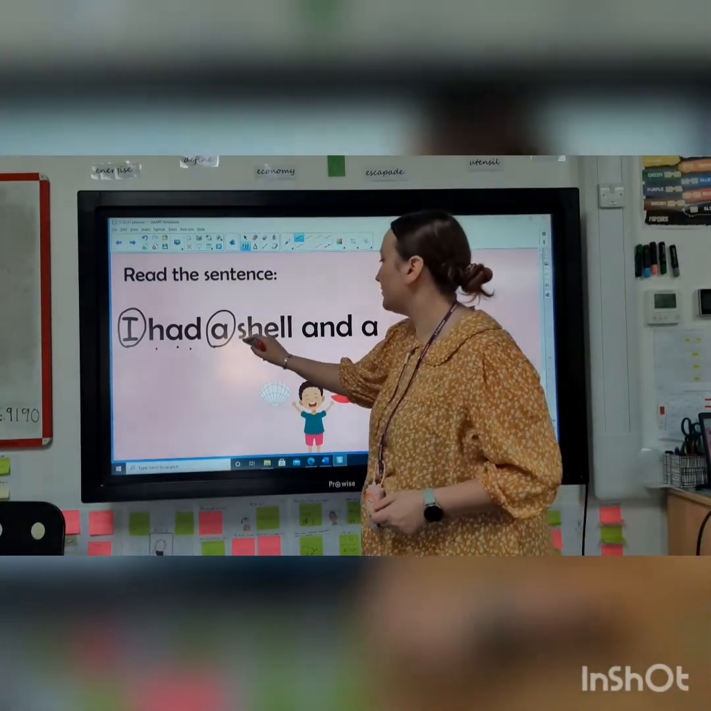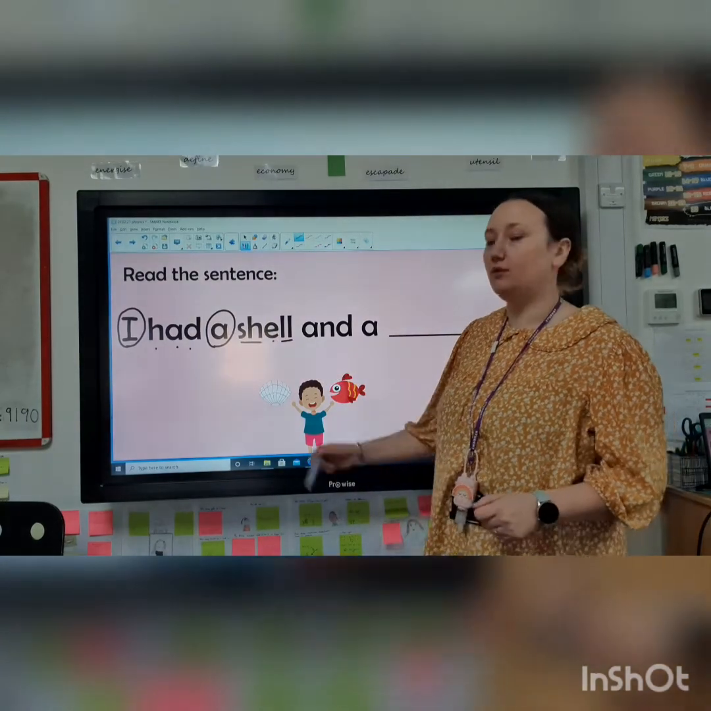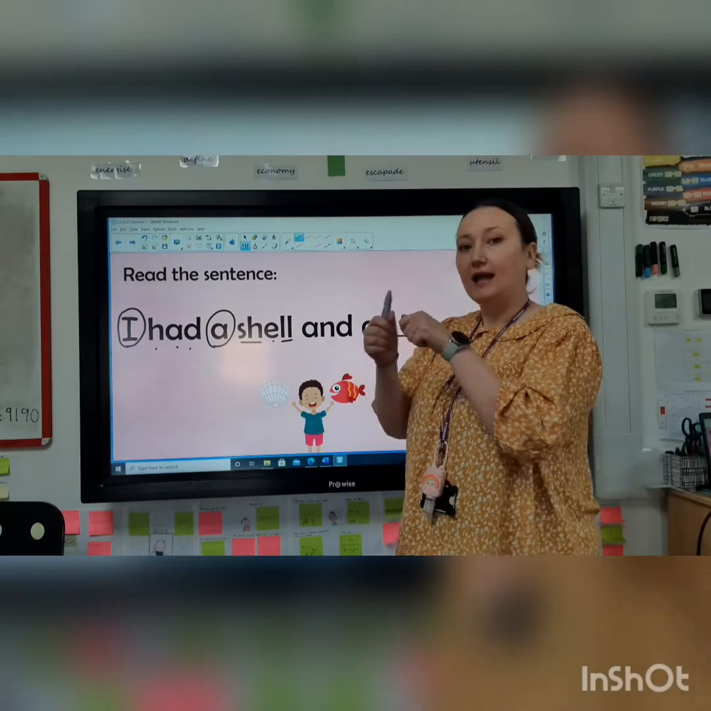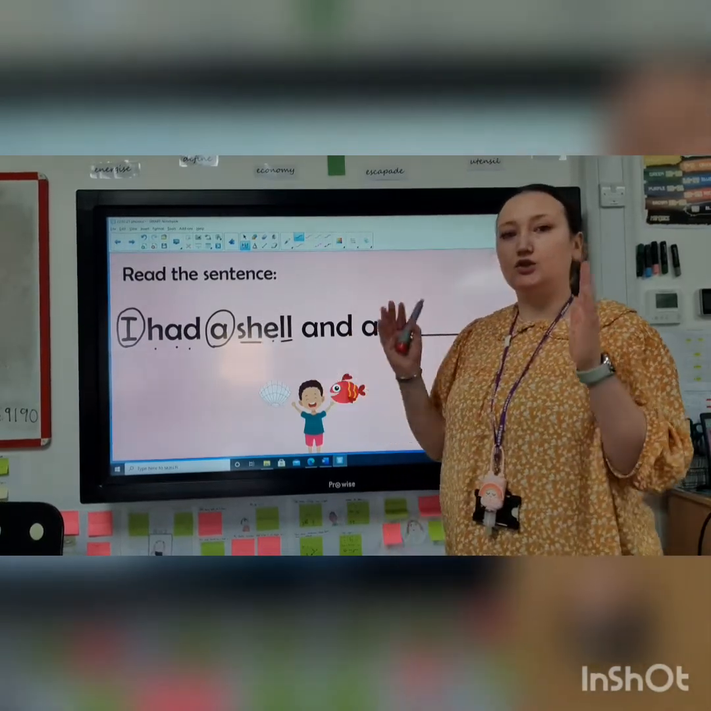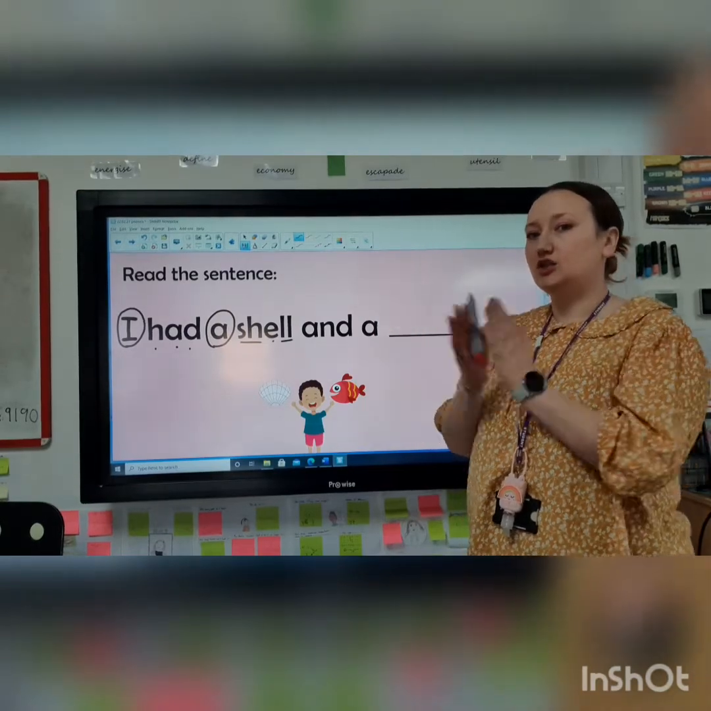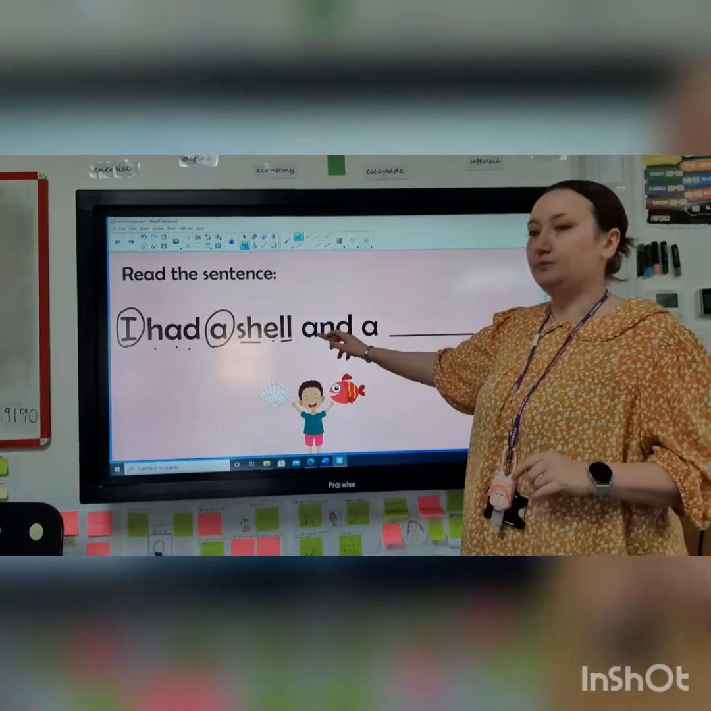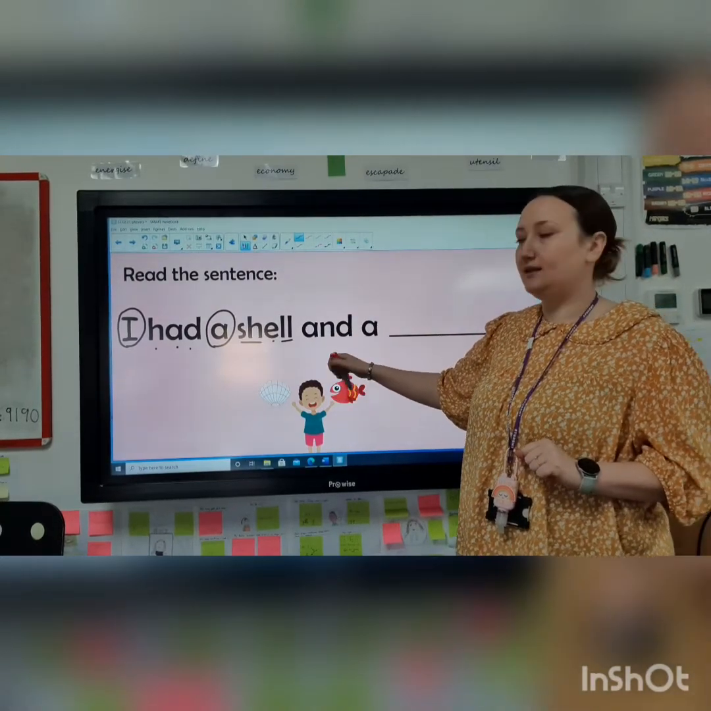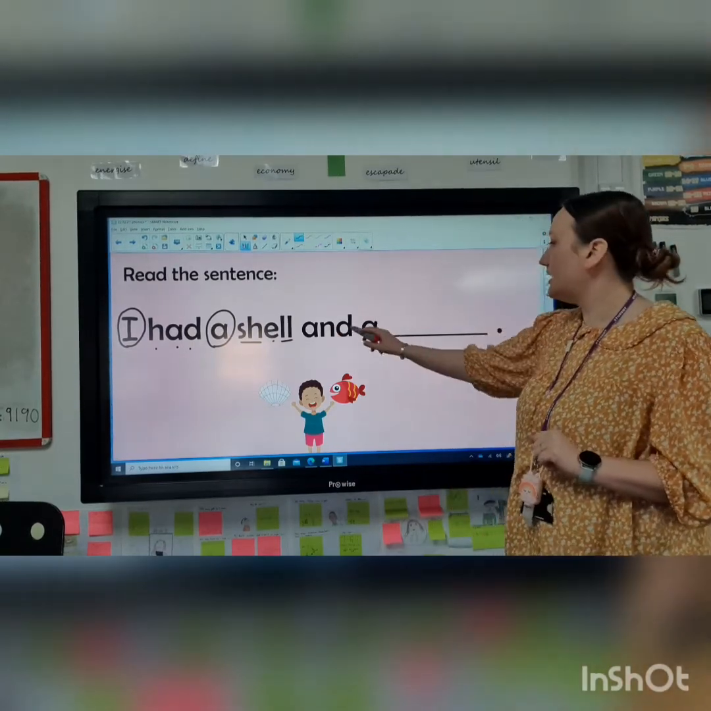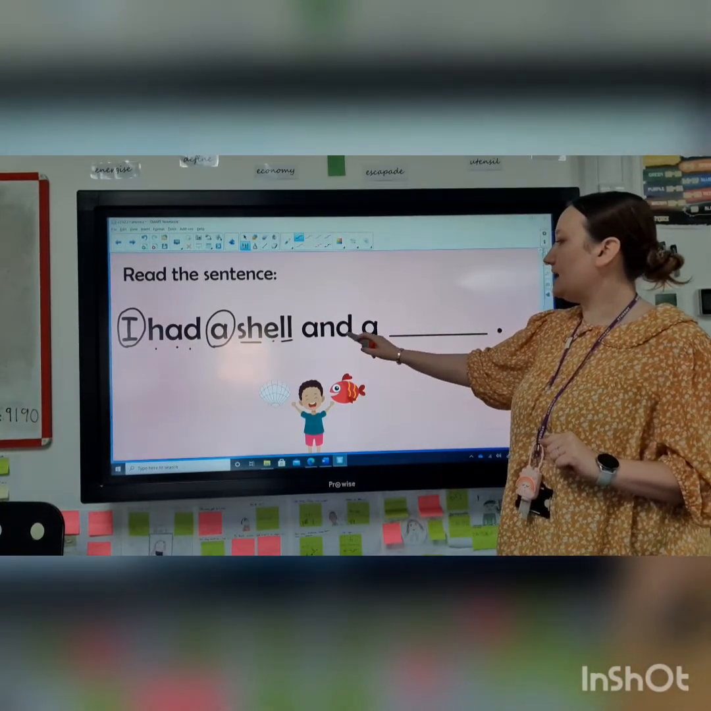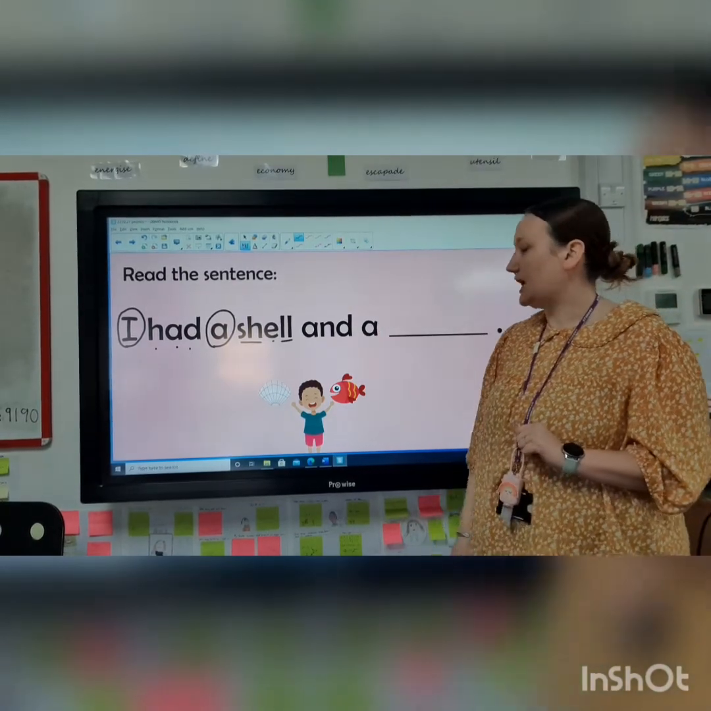Okay, so this is a bit of a longer word. So let's see. We've got. We did already blend this earlier, so you might know. We've got sh, e, l, sh, e, l, sh, e, l, shell. Okay, I had a shell. What does this word say? And. Okay, I think that's one of your key words. I had a shell and what's he got? Shell and a